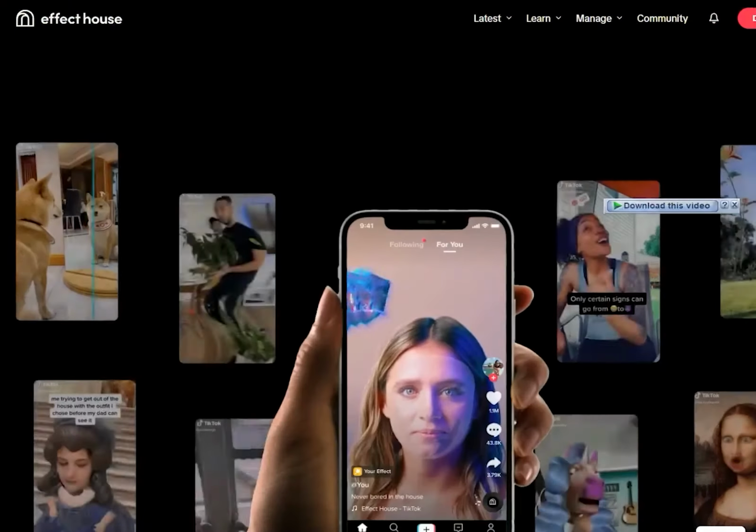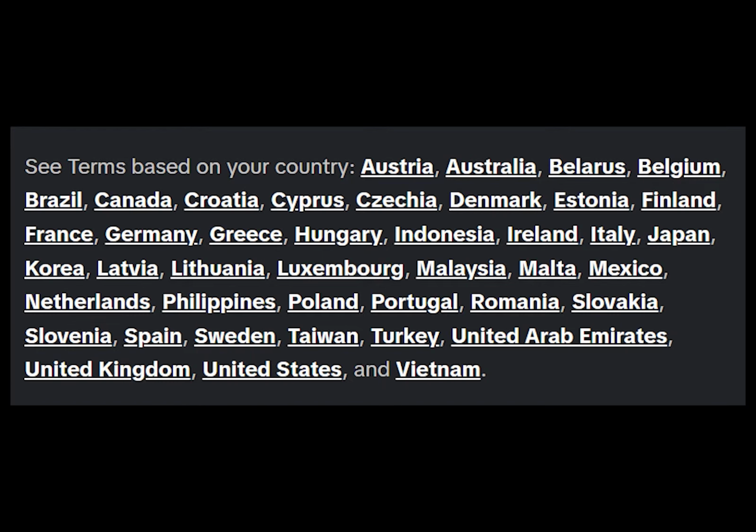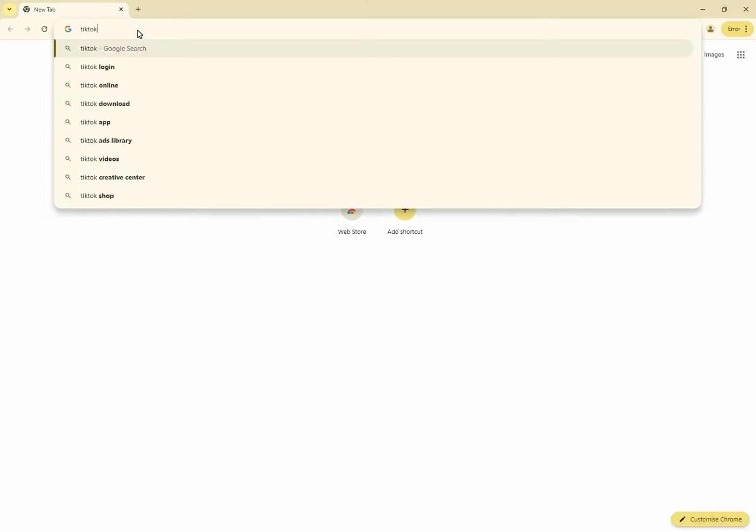To use Effect House, you need a TikTok ID. Effect House has selected some countries for creator rewards, whose list you see on the screen. To create an Effect House ID for any of these countries, you must open Google Chrome,